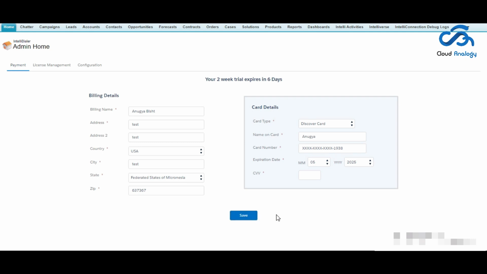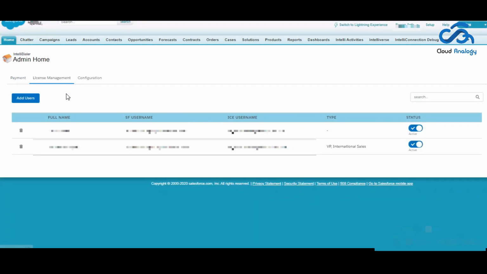So basically the CRM is integrated with Salesforce for capturing the payment details like the billing details, the card details, and other user details as well, which we have in the license management tab. So let's switch to the license management tab. Here in the license management tab,